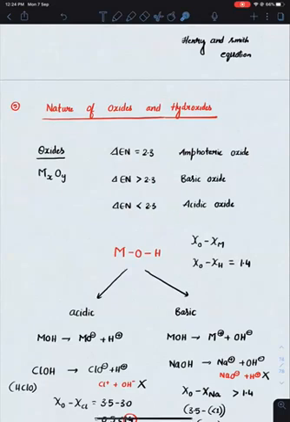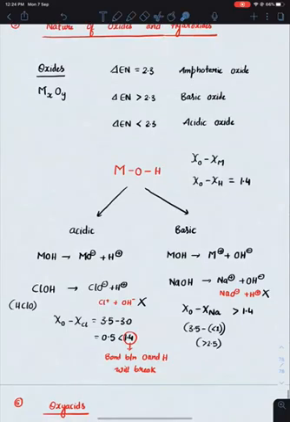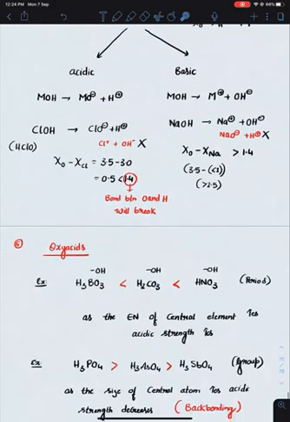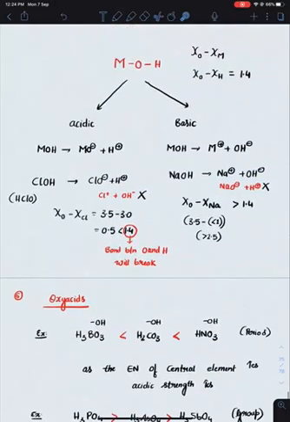In case of hydroxides, the general formula for hydroxide is MOH. If the electronegativity difference between M and O is greater, then this particular bond will be broken. In that case, it will be acting as base. And if the electronegativity difference between oxygen and hydrogen is greater, in that case this bond will break and it will be acting as an acid. Okay. So depending upon that, you can see if it acts as an acid or a base.